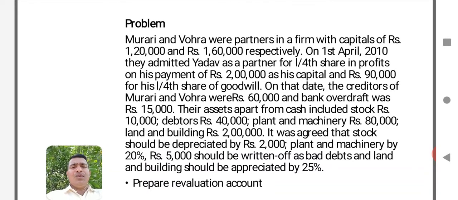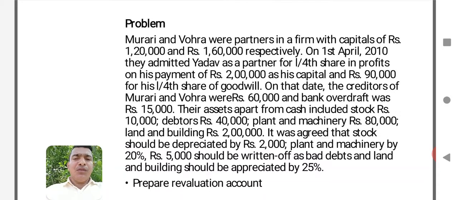Once you complete all the transactions in the revaluation account, then you have to go for balancing the account. You have to get the total. The larger amount of total will be the balance in both the sides. Then you have to get the balancing figure. Here balancing figure, if it appears in the debit side, then it will be the revaluation profit, and if it appears in the credit side, it will be the revaluation loss. Here either revaluation profit or revaluation loss. There is no condition like only profit should come or only loss should come. It depends on the situation.